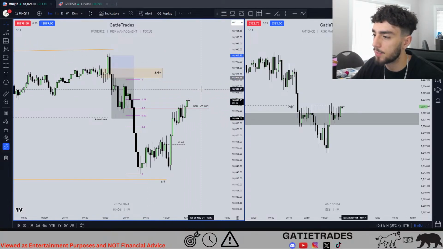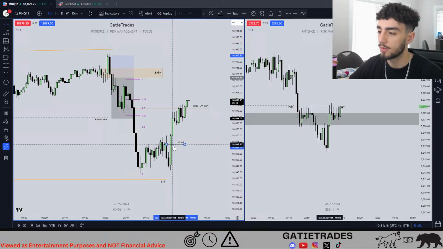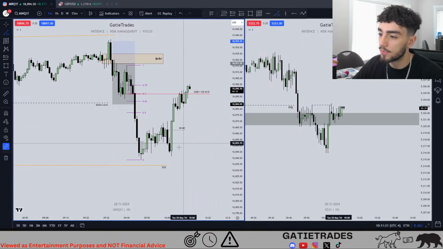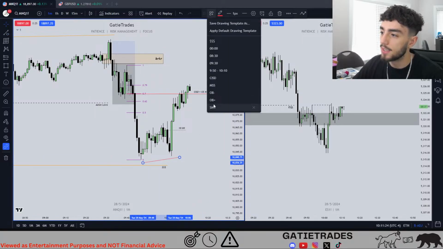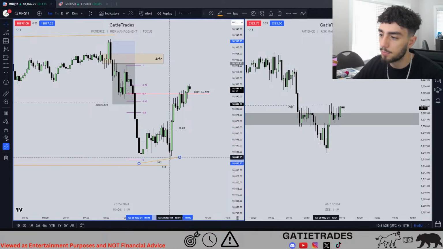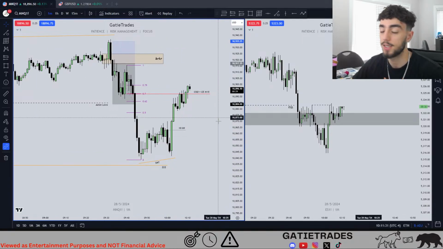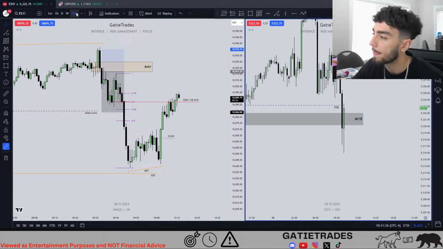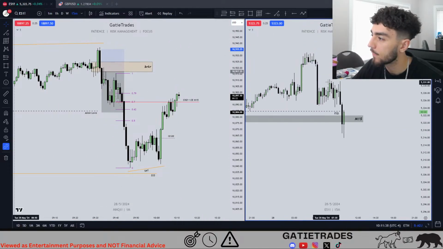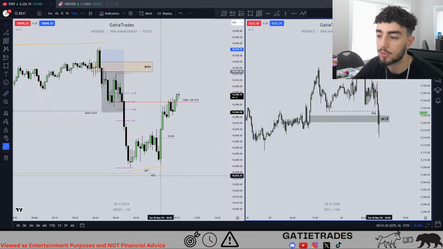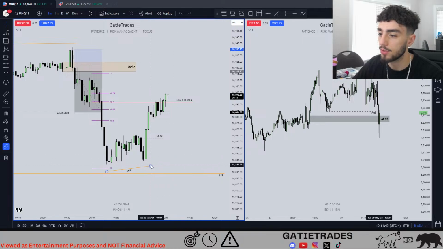So we're still expanding. 10 a.m. SMT. Like this could be a model in itself. I've never looked at something like this, but 10 a.m. manipulation lower and then SMT. So maybe something in the PM for me. If this goes higher, then something in the PM will come out, and still these equal highs. PM will come out and take those lows that we talked about. This higher time frame drawn liquidity. We'll keep watching for now.